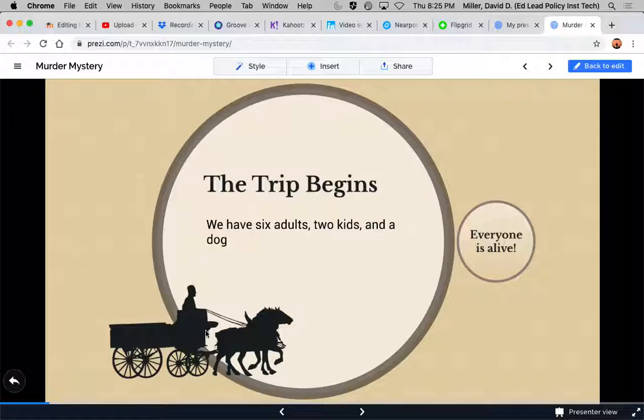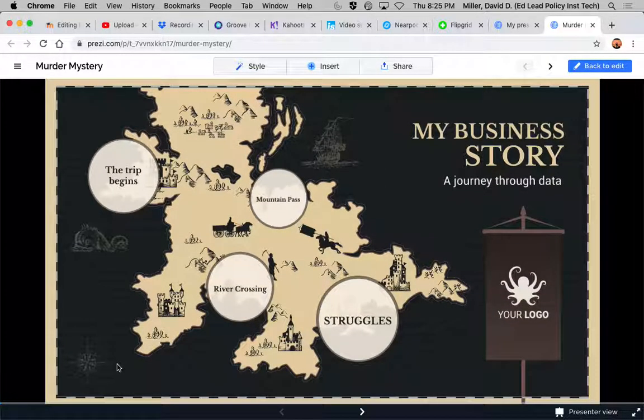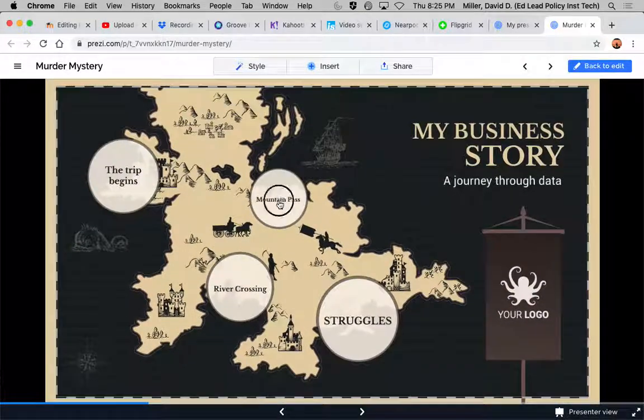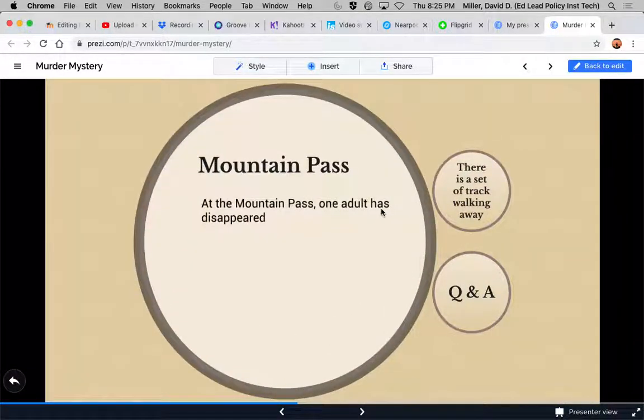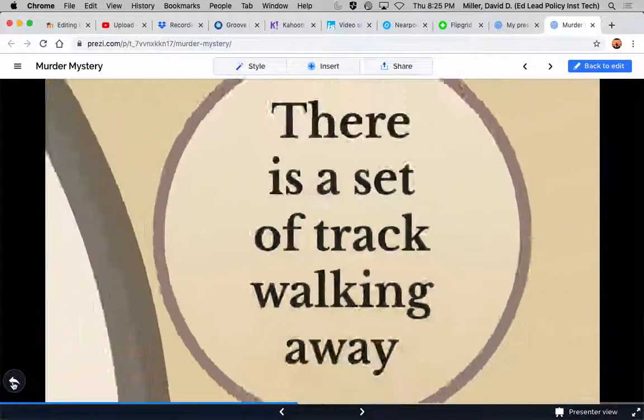If you back all the way out, you could go to river crossing, but you could also go to mountain pass. It doesn't matter. Click on one, then back out and click on the other one, and it lets you go in, and there are all sets of different things. So anyway, the point is it's awesome for web quests.